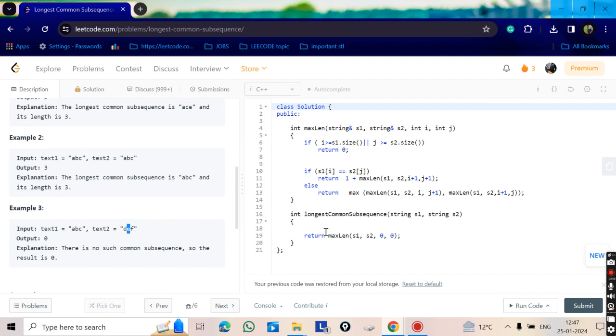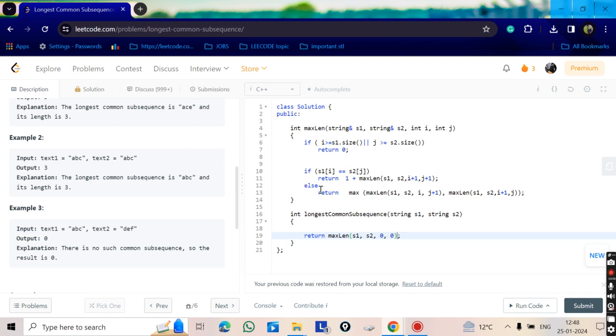So here is the recursive solution. First we solve it recursively, then we memoize the solution with dp. We return max length of s1, s2, starting at index 0, 0, where i is the index for the first string and j for the second string. The base case: if any string goes out of size, we return 0. If the characters are equal, we return 1 plus the function called again with both indexes incremented.